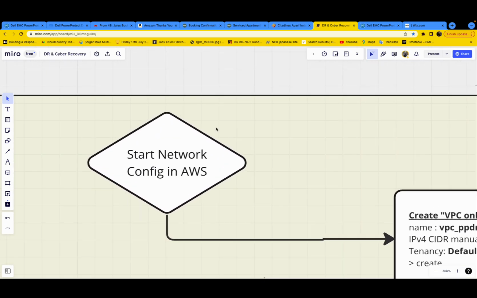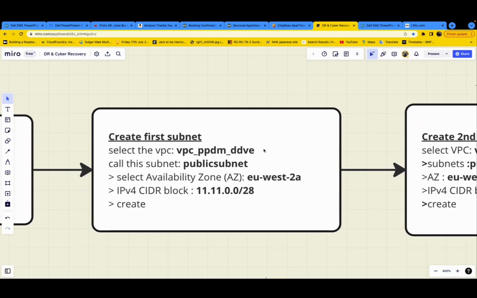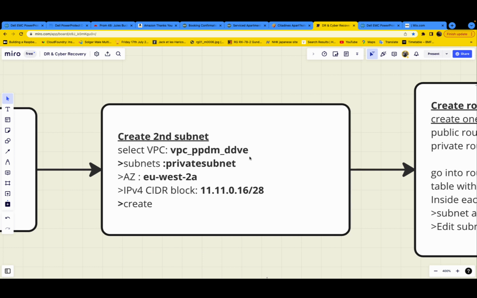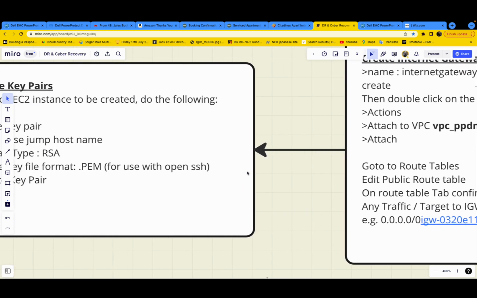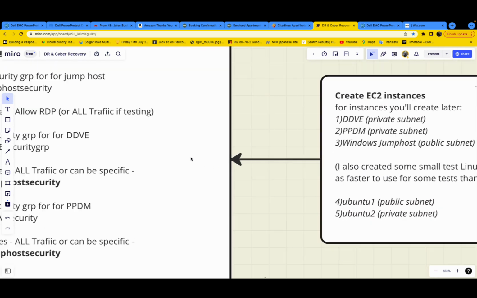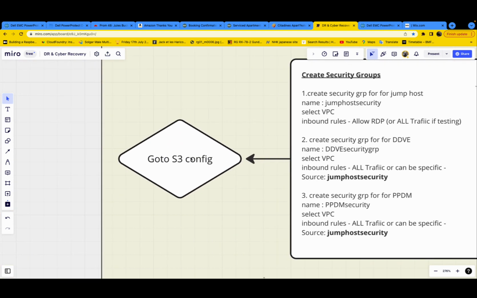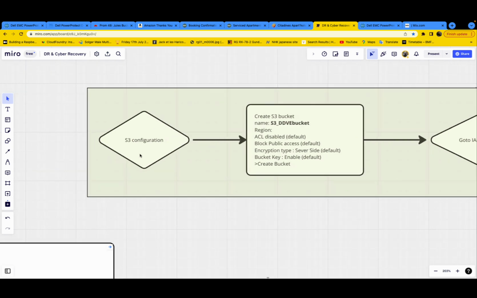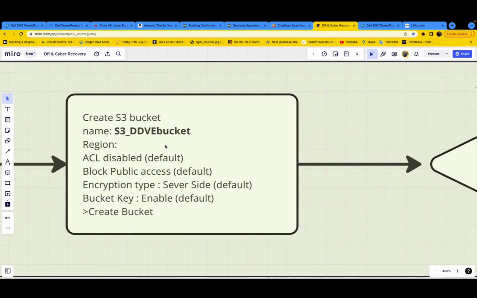Right, let's just whiz through those diagrams again just to summarize. So we started off with an AWS console, built our VPC, created two subnets, so public subnet, private subnet, created the routing tables and associated those to the subnets, created an internet gateway for the jump, created some key pairs, built the instances, then set up our security, so created our security groups and what traffic can come in and out, then built our S3 bucket for DDVE,